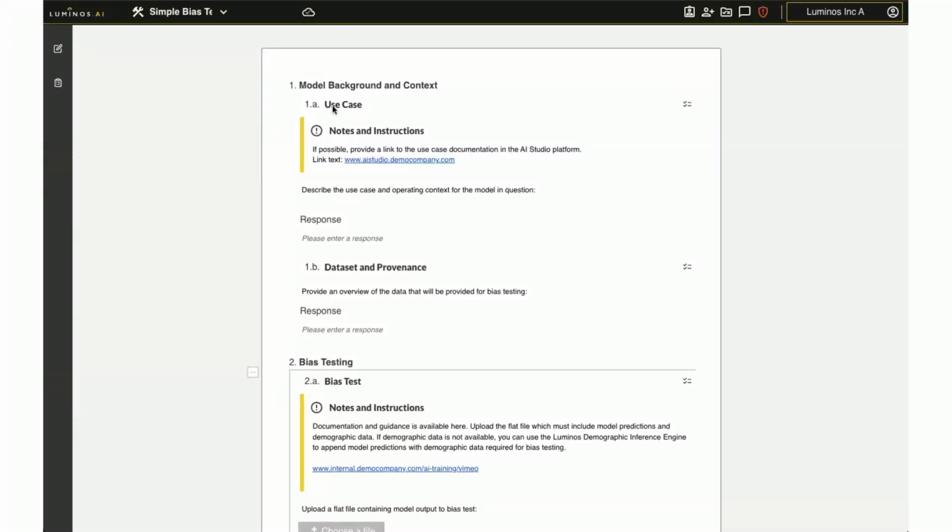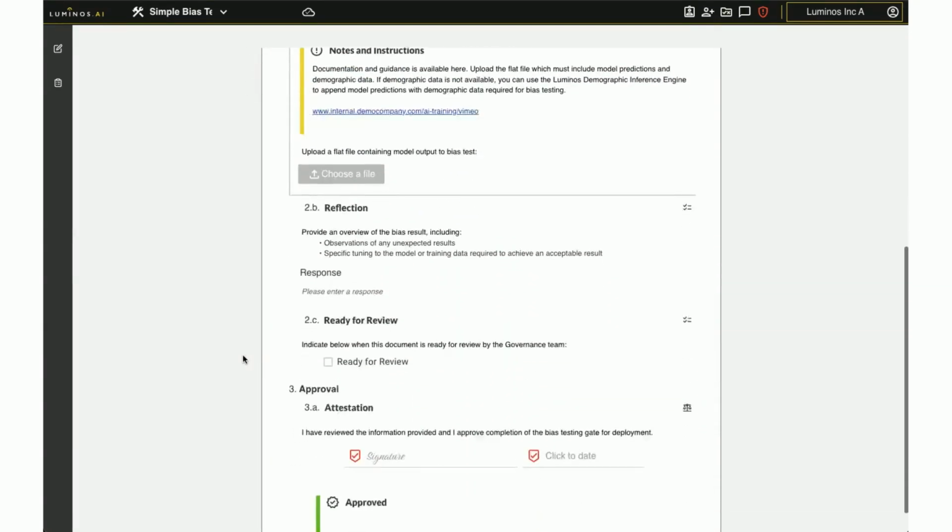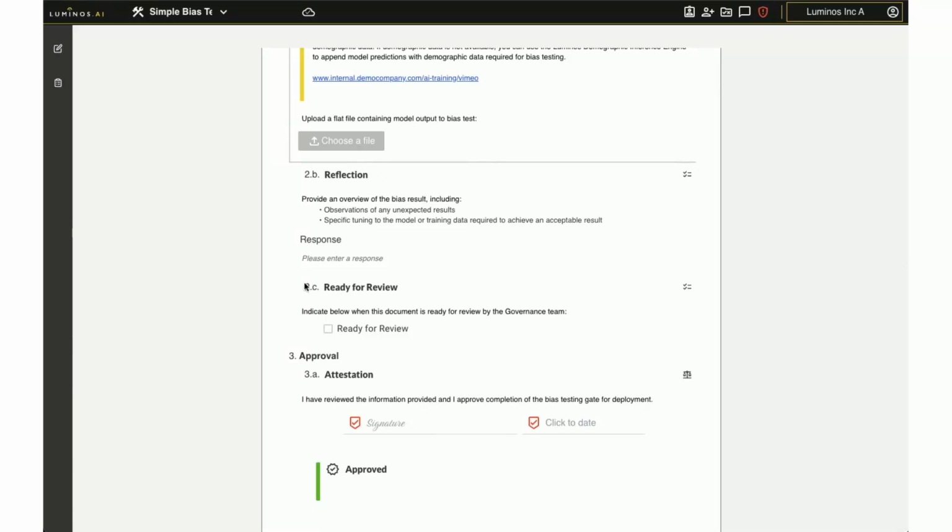sections: a model background and context, which has a couple of text response questions; a bias testing section, which includes the bias test element itself, as well as a text response for reflection and a mark for the submitter to say ready for review; and a third section, approval, which contains an attestation element that can only be filled out by a reviewer, not a submitter, and an automatic approved stamp, which is a workflow element that can be activated